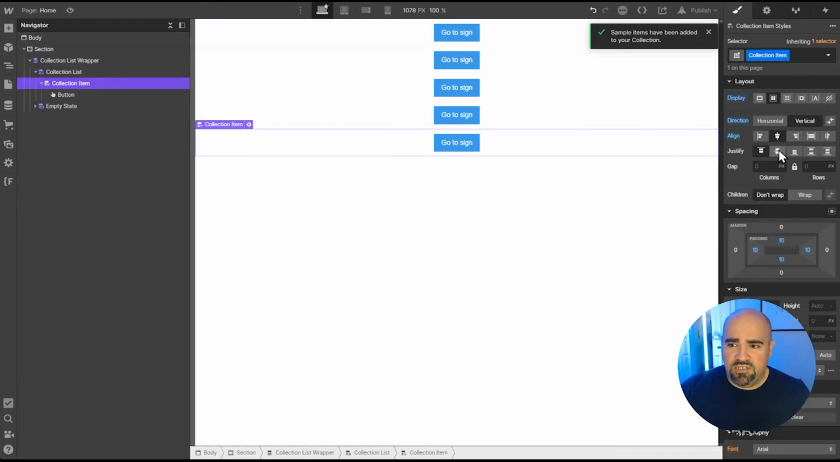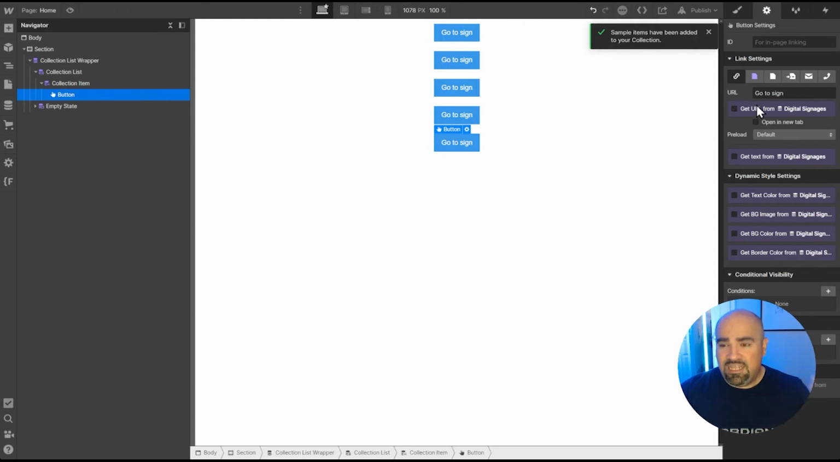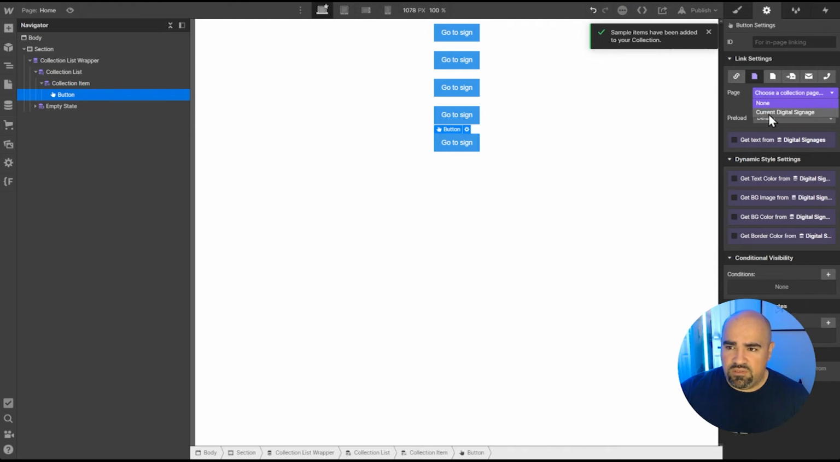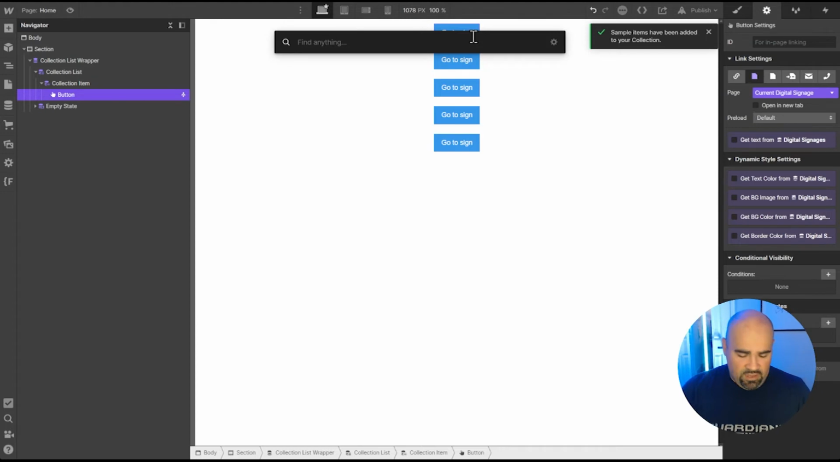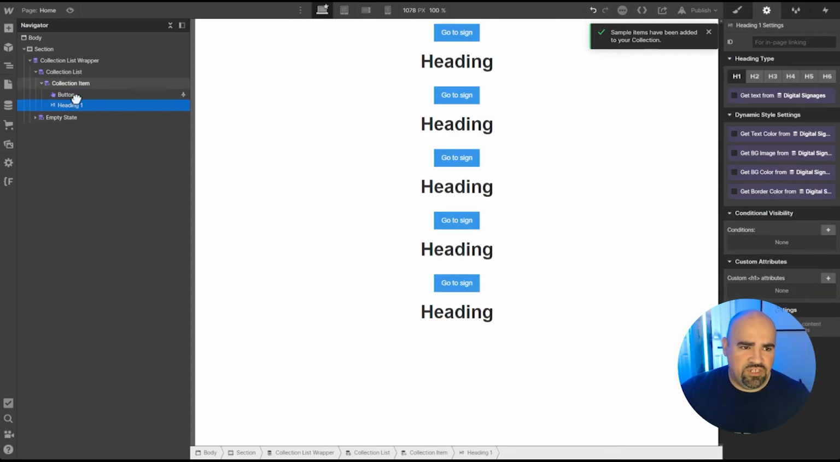So we'll go ahead and just center that there and have this button. We want this button to go to that sign. So that sign resides on a separate page. Remember how the slug that I showed you earlier, or URL? We want these buttons to go to those URLs. So this purple button is what connects you to those collection pages. And we want it to go to the current digital sign for that specific sign. And then we're just going to add a header here, just so we have information of what those